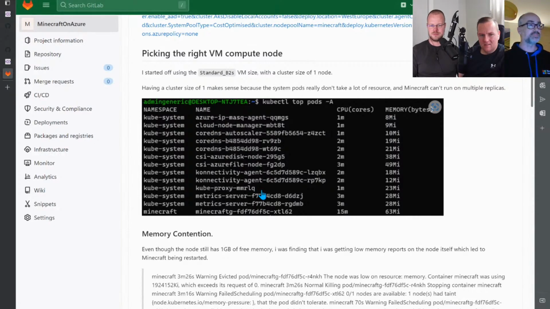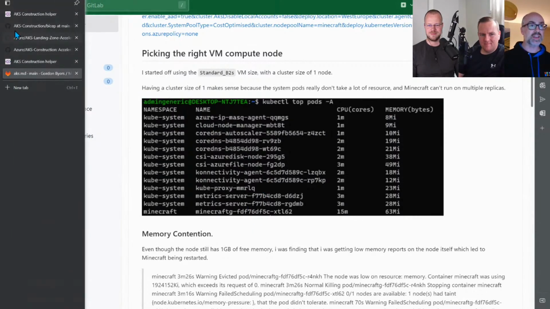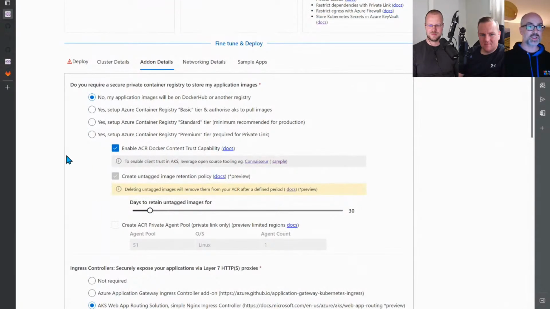And if you pay attention to the AKS release notes, over time, the system pieces need more memory, need more CPU, or we've seen that sometimes we need to run more replicas. So running more replicas, more resource, over time, these things just add up as well. So ticking every single box, enabling every single add-on, it's great, but you have to pay the price for the compute as well.